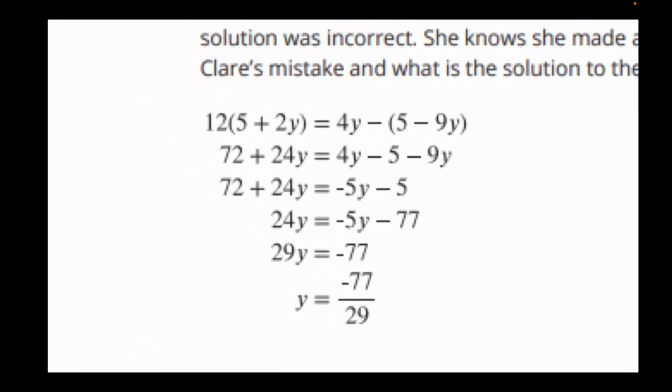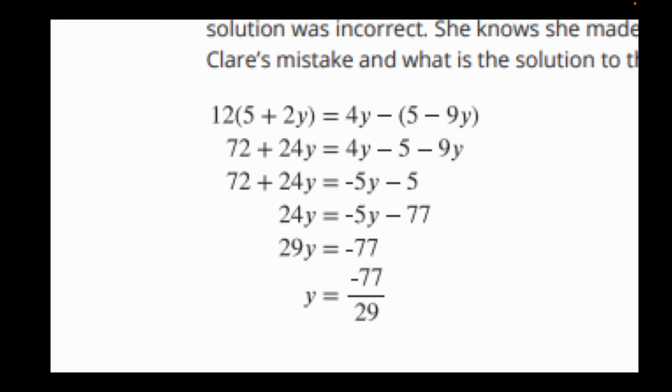So let's look at Claire's situation here first. It looks like she's keeping her equal signs balanced, so she has her line straight down the middle there, so that's all good. And it looks like she is distributing here to multiply some things out. So we're going to check her work